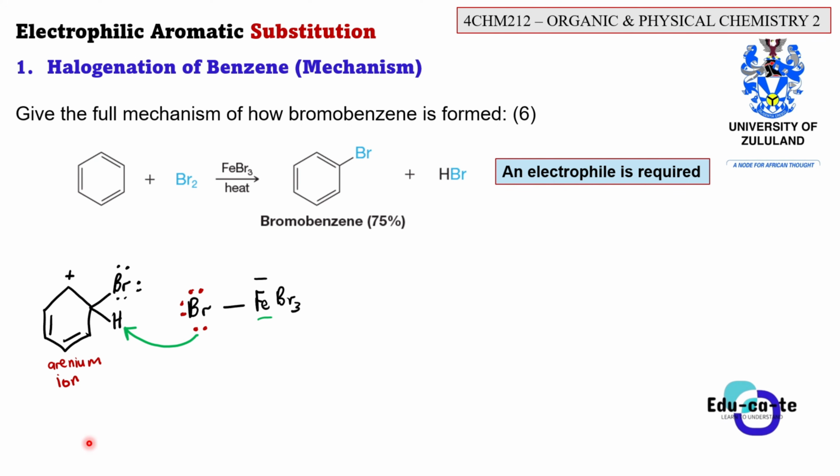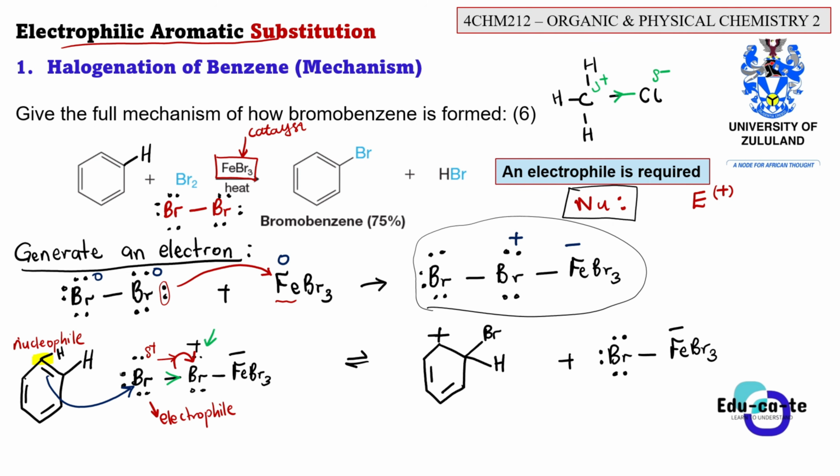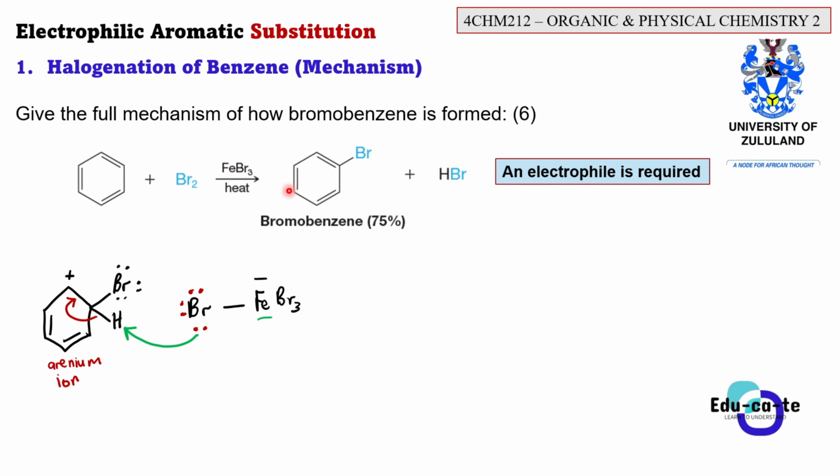And where will the 2 electrons go? These 2 electrons will go and cover this gap, because here there was a double bond initially. Remember that in our previous slide we had a double bond here, but we broke it to bond with this bromine. Now that this bromine wants to take the hydrogen back, the electrons between the hydrogen and the carbon will have to go to this missing gap again. And when they go to this missing gap, what will we get? We will get something like this.